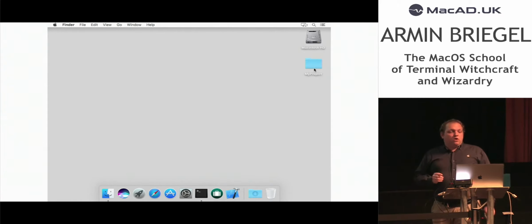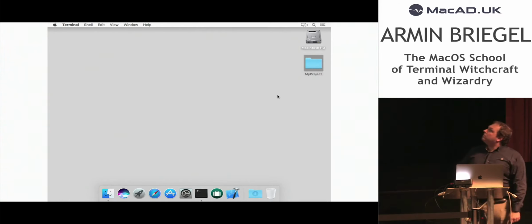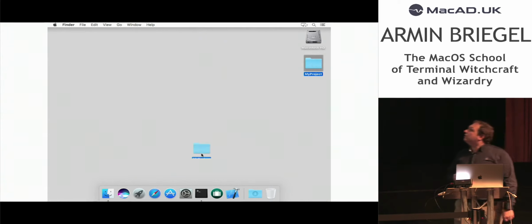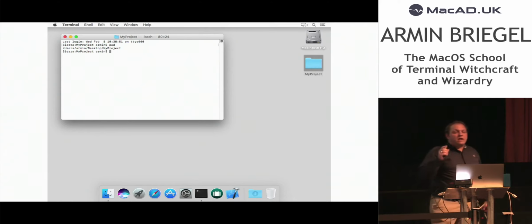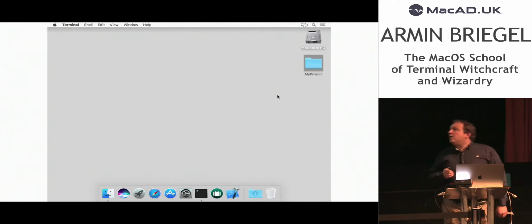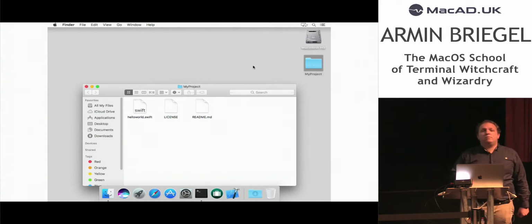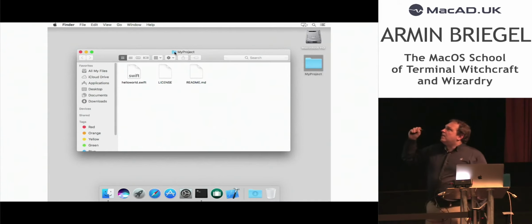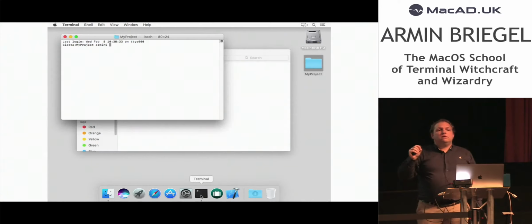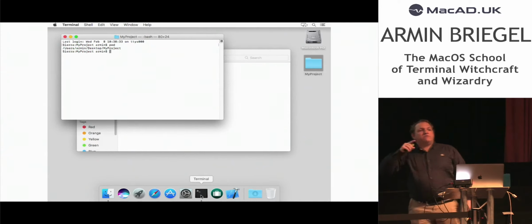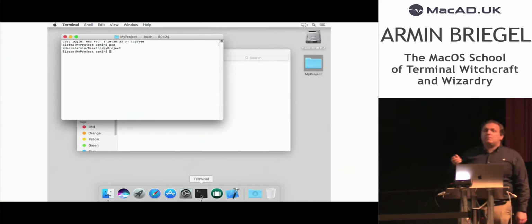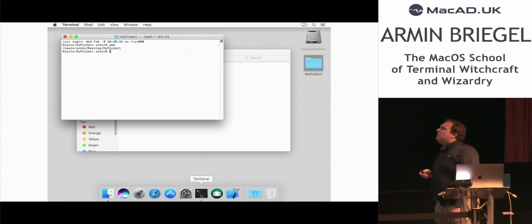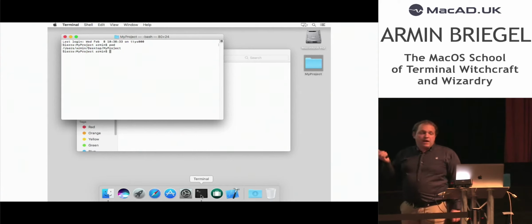If I drag a folder onto the terminal icon, I skipped that. There we go. Drag a folder onto the terminal icon will open a new terminal session to that folder. Now, usually, you want to do that because you're working in a folder in Finder, so you have the folder open. The proxy icon in the window title bar is also draggable. And I can drag that onto terminal. So I don't have to find where my folder actually is. I just can drag the icon from the terminal. This is actually true in many, many windows, that the icon in the window title bar is a draggable file proxy.